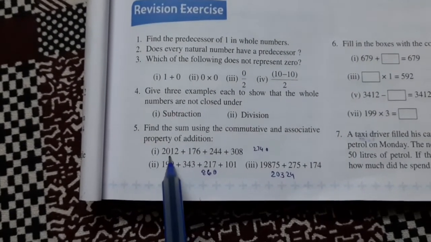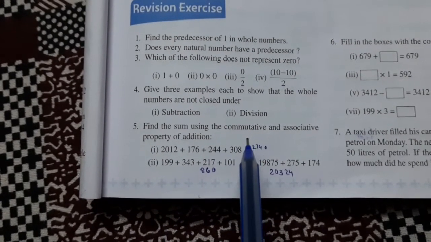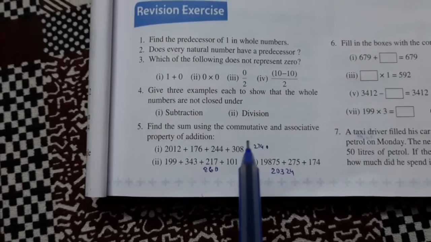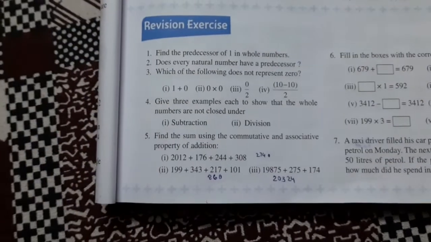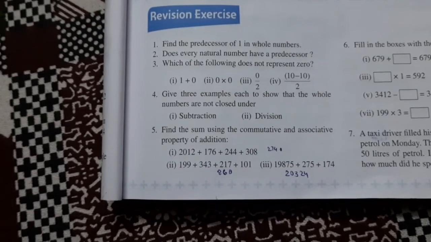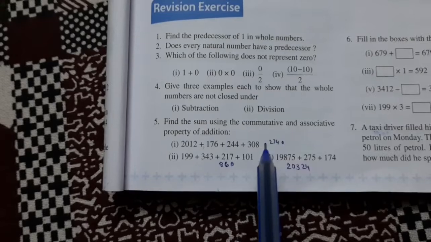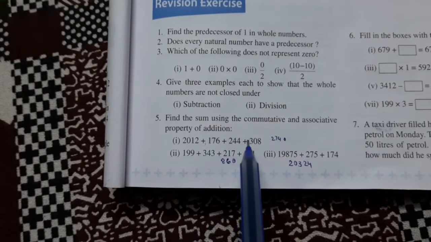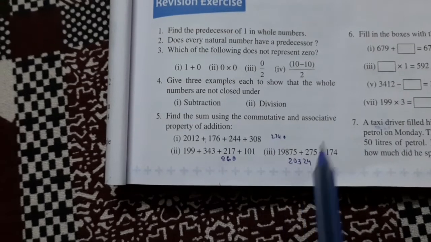Here 4 numbers are given. So you have to use either commutative or associative property. We know that commutative property or associative property means if you change the sequence of the numbers, your answer will be the same. So here these 4 numbers are given. It is not necessary that first you add these 2, then you add this, then you add this. Here you will add whichever gives you